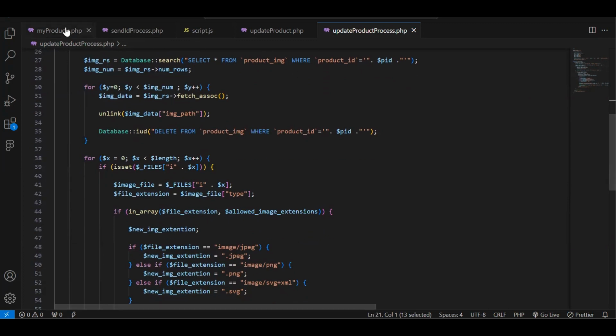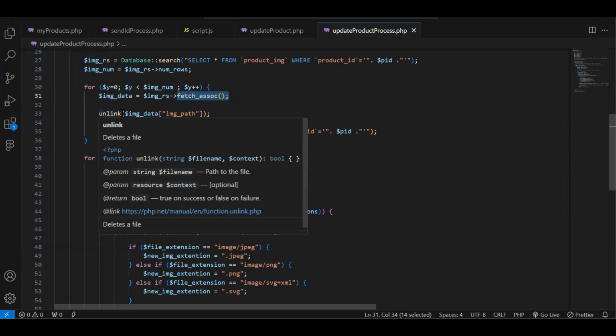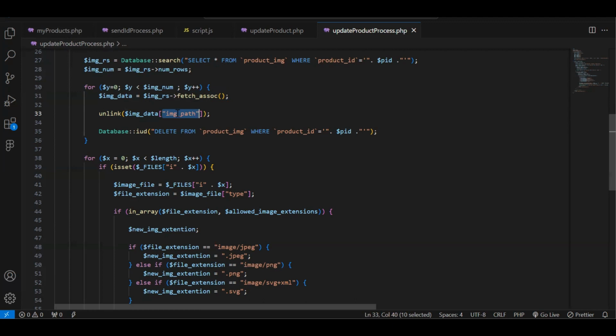And using a for loop here, creating a variable called y and assigning 0 to it, and check whether the value of y is less than the image num. If so, we are using an increment here, and inside this for loop I have obtained the data that's stored in this image array row by row using this fetch assoc, and storing those rows in a variable called image data. And here I have used the unlink function to delete the relevant file with the name as stored in this image path of this array called image data, and we are deleting the relevant